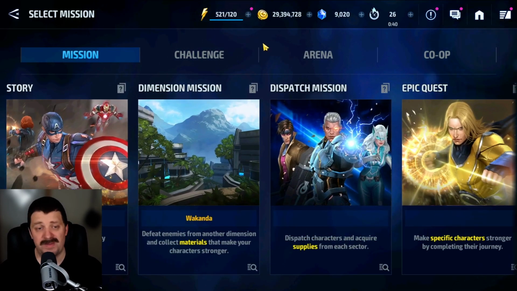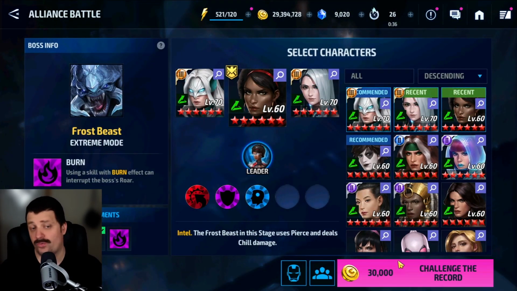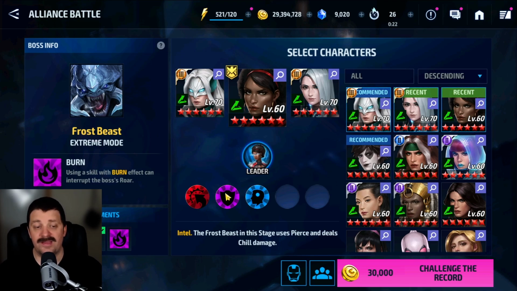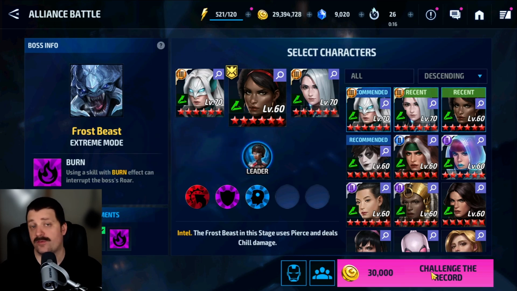But anyway, let's jump in arena here, Alliance battle, and let's try to get a flawless run. I don't know if we're gonna get a flawless run, but if we can get one or two burn cancels here, that will show a little bit what we can do. Also you get bonus stats here for having this team up. You get energy attack 5.2%, you get all attack increase 5.2%, so basically you get a 10.4% increase in attack,